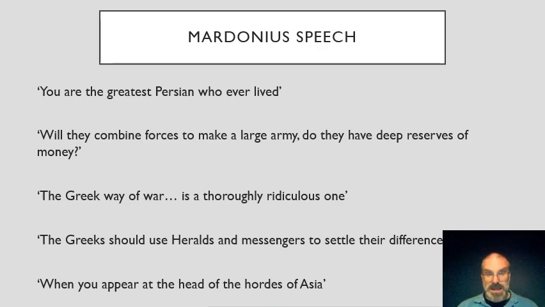Now, Mardonius then goes on to brag about how they've enslaved all sorts of people throughout the world: the Assyrians, the Sakai, the Indians, the Ethiopians, and these are people from a geographic spread around Persia, which is really emphasizing the size and the scale and the variety of different people that the Persians have conquered. And yet they want more. They want the Greeks. They've got the Ethiopians, they've got the Sakai, they've got the Indians, the Assyrians. Why on earth do they want this little rocky peninsula full of mountains?